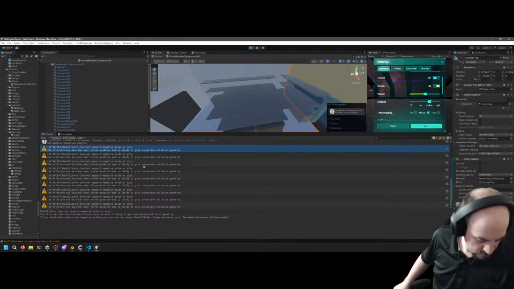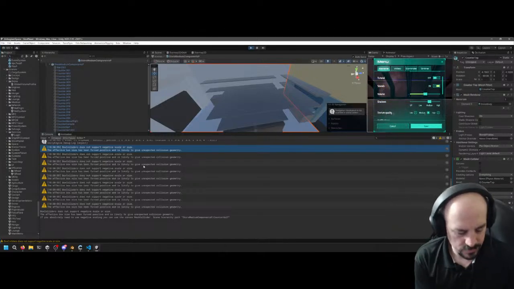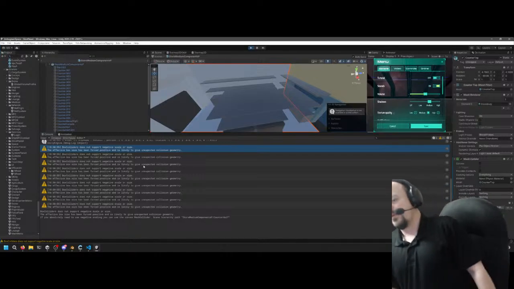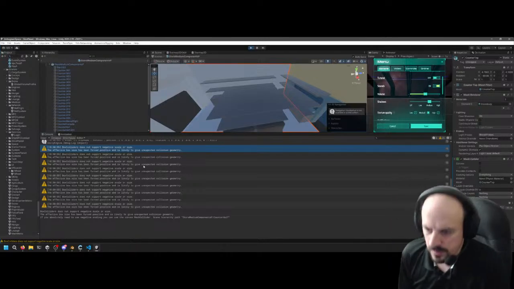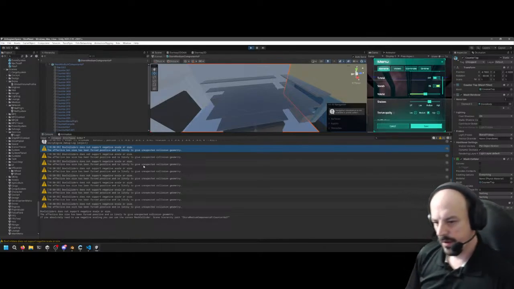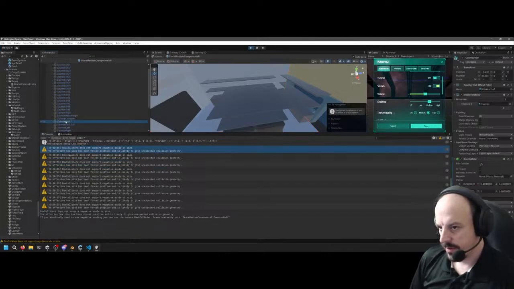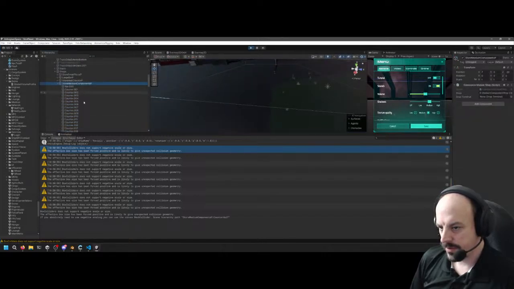What am I? Yeah, I have a force position likely to be unexpected from collision geometry. Can I just force them then?